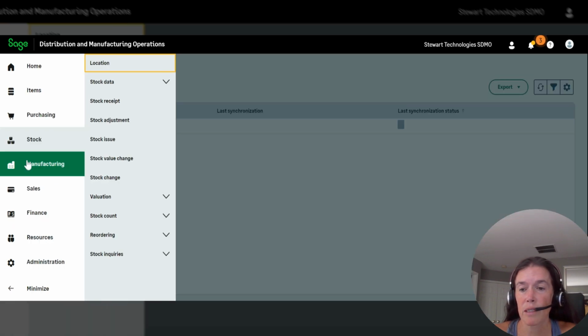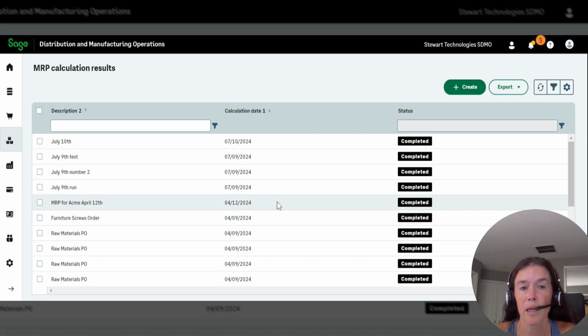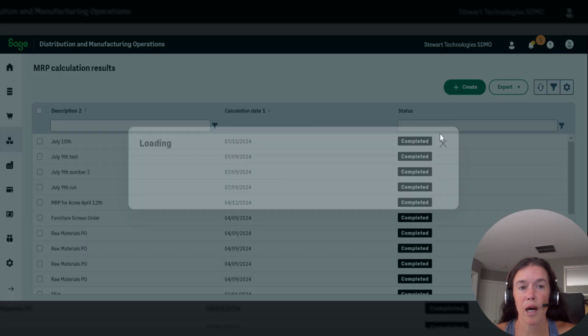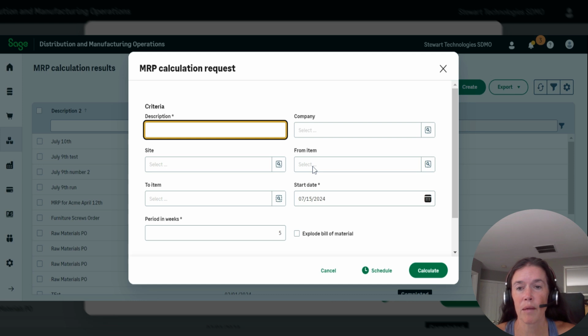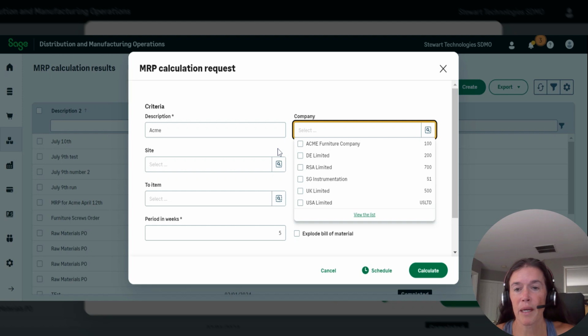So first thing you'll see me do is go to stock, go to reordering and MRP calculation. What this will be doing is just looking out there to see what I need to create for this particular round of work tickets. So I'm the production manager for Acme Distribution or Acme Manufacturing, and I would want to make sure that I've got enough in stock of what I'm making to fulfill my orders. So you'll see I'll pick my company,